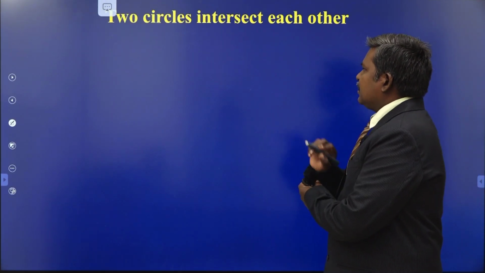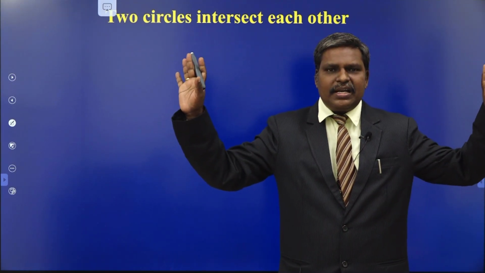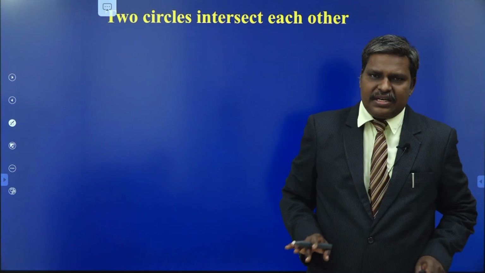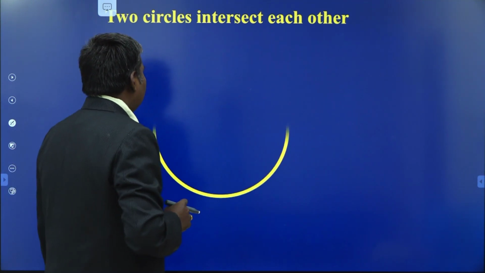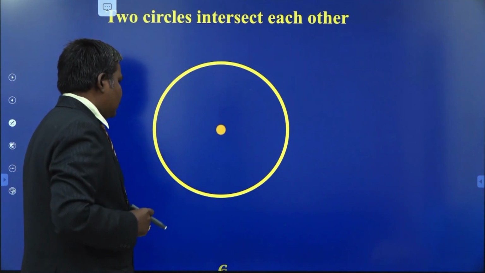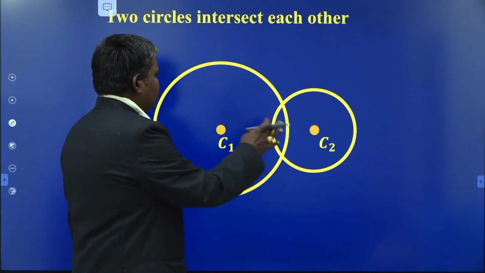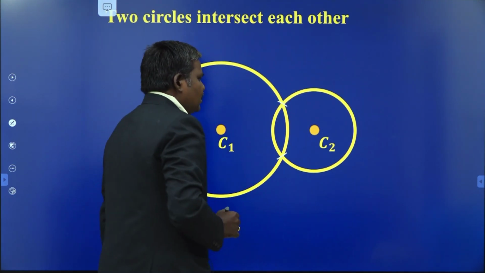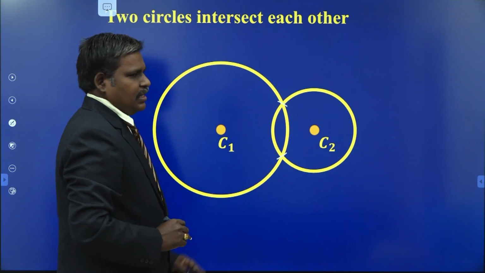See here, this is the third case. Two circles intersect each other. First case they are completely outside, second case they touch each other, and third case they intersect each other. So in this case, how many tangents can you draw? Let us see here. This is the first circle out of the two circles with center at C1 as shown in this figure, and this is the second circle having center at C2. These two intersect at these 2 points. This is one point of intersection. This is the other point of intersection. So the two circles intersect each other.